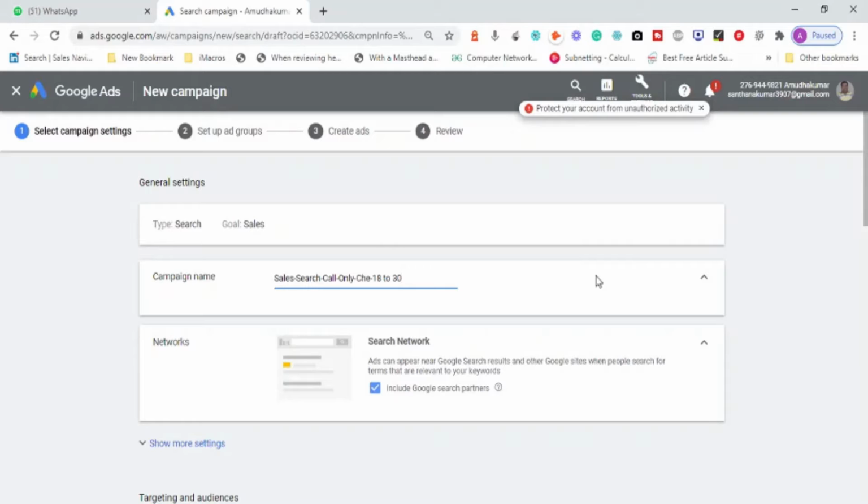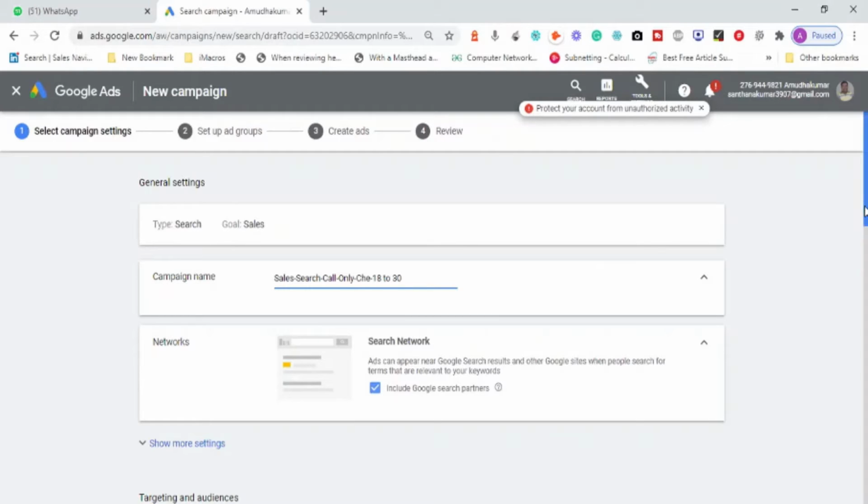Why I'm naming this campaign like this is because whenever I try to refer to this particular campaign in the future, when I have more than one campaign in the list, I don't need to open each and every campaign to see what content is there or what kind of audience I'm targeting. If I look at the campaign name itself, I can understand what it actually means. Otherwise, I have to log into each and every campaign every time to see the metrics inside. This campaign name gives me an insight that makes it very easy to proceed.